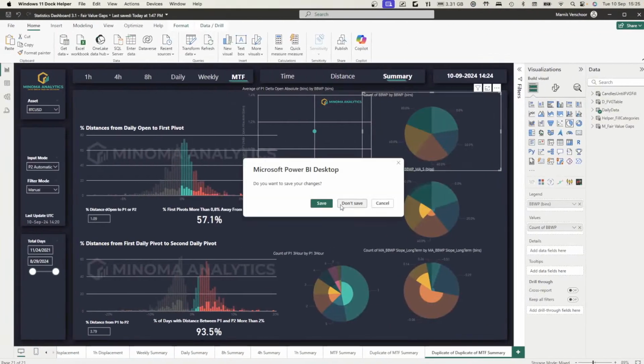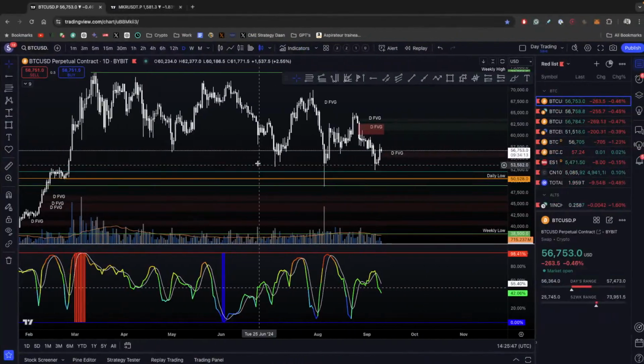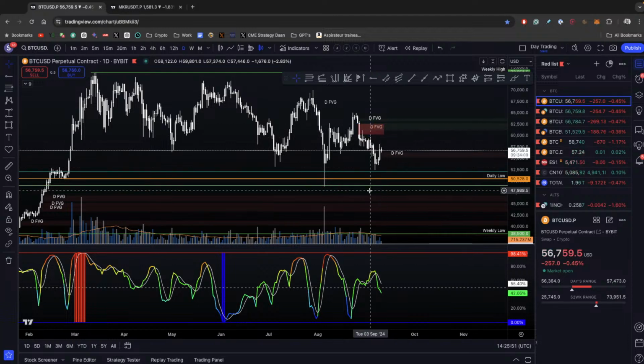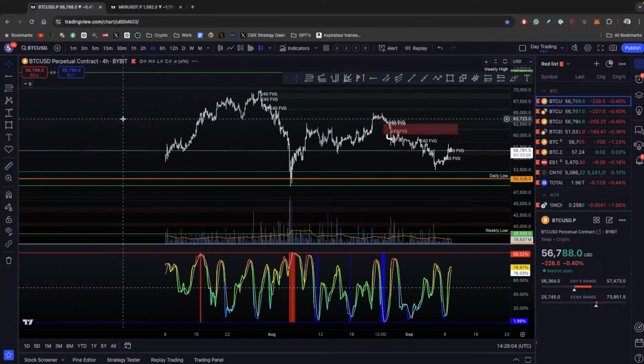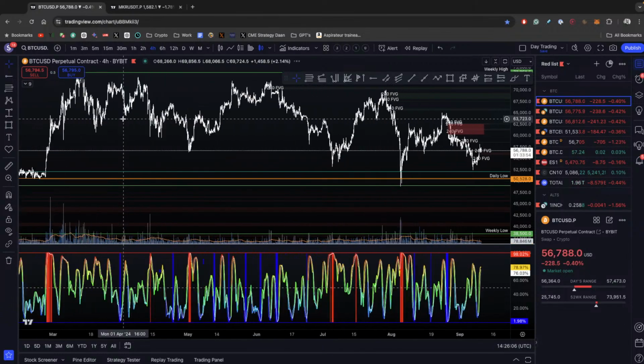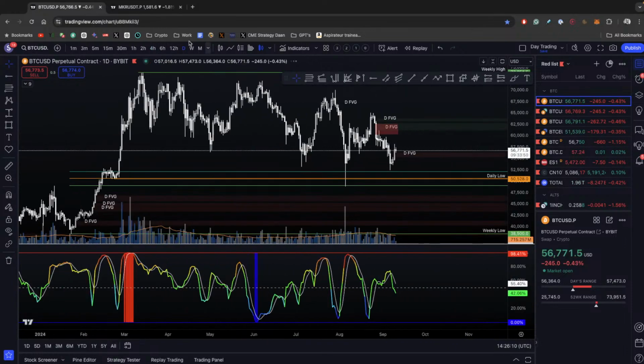Let me close this and save. And we're going to have that on all time frames, right? So the fair value gaps, my intention is that on every time frame, like the 4 hour, you will see, okay, we just created this fair value gap, and we have these fair value gaps, and usually they get closed within X amount of time. So that is what's coming. And also on the weekly and every time frame, pretty much.